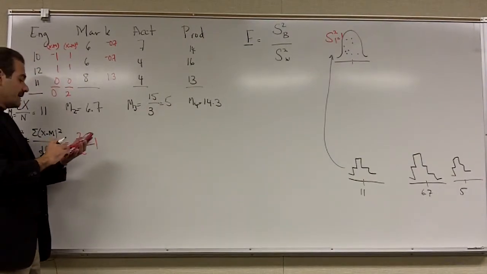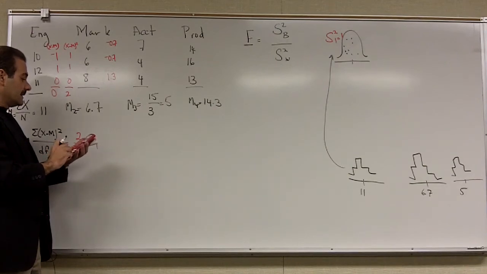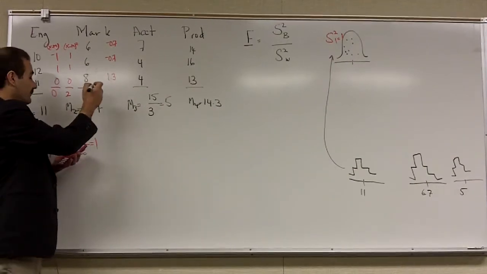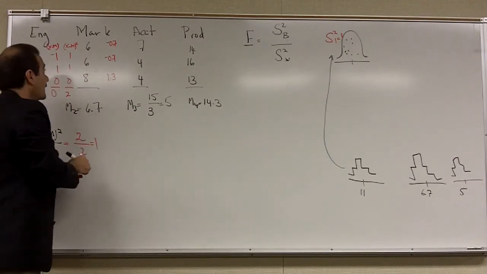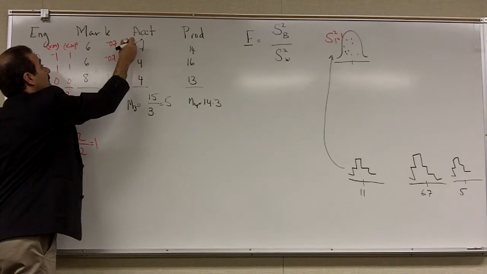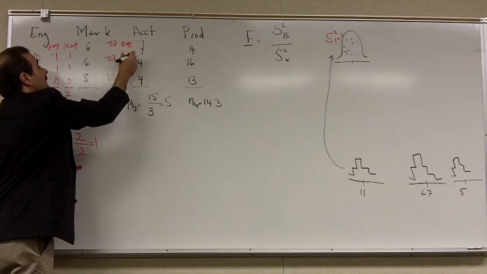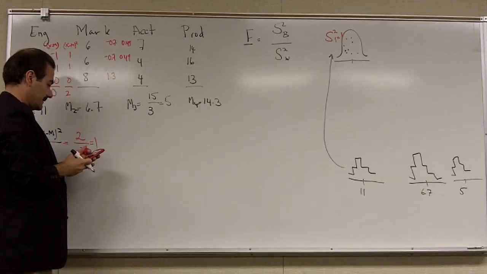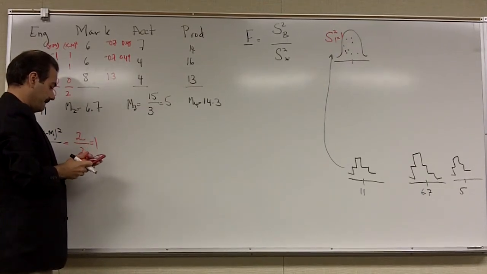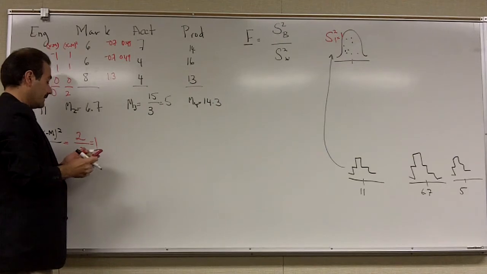So we just square these, and we get the sum of squares. So 0.49 for this one, 0.49, and the square of 1.3 is